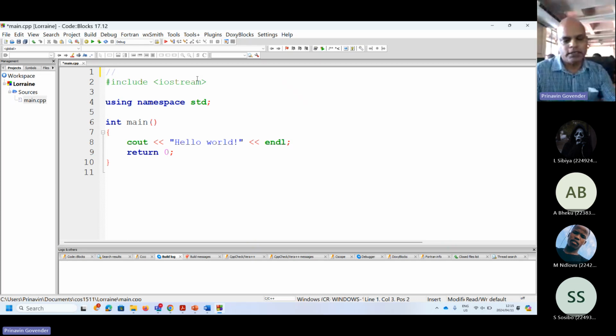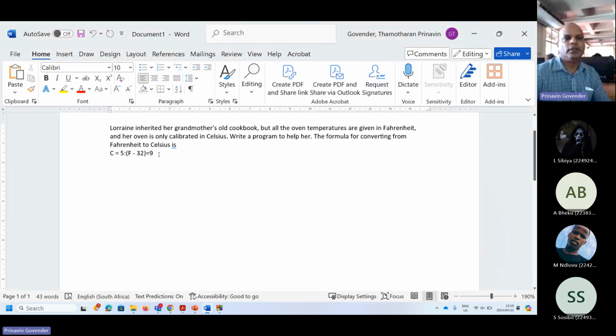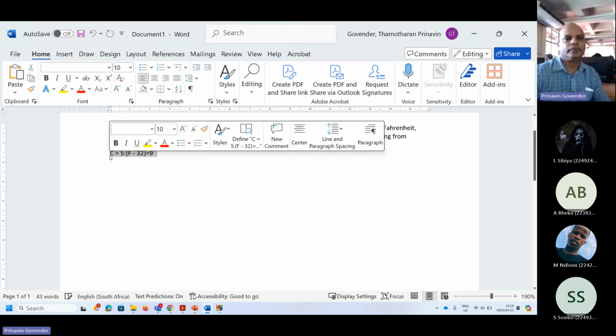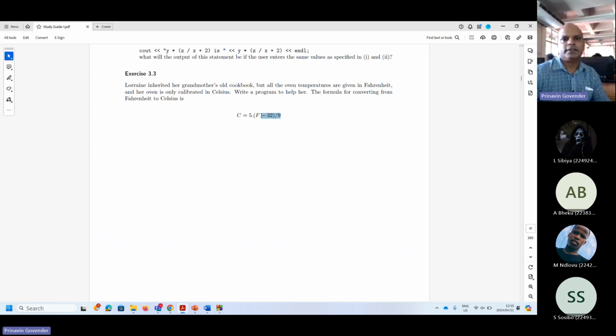and the comment is convert from Celsius to Fahrenheit, right? And the formula to calculate it is, let me just copy that formula. There's the formula out there. Oh, let's go back there. It's Celsius is equal to,